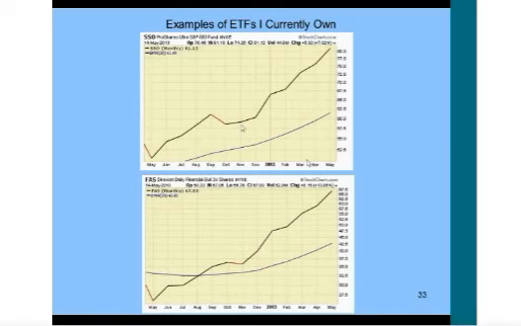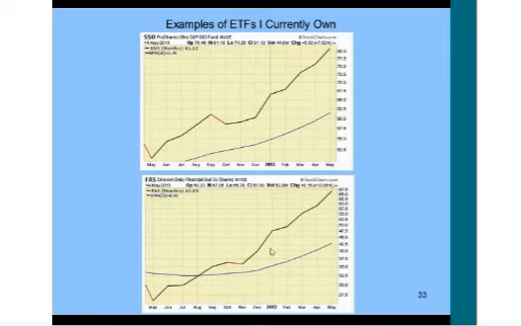and here's a chart of the Ultra S&P 500. This is a leveraged fund and moves at 2 times the underlying S&P 500 index. So if the fund meets its daily objective, if the S&P is up 1% for a day, the SSO will be up 2% for the day, and if the S&P is down 1%, the SSO will be down 2%. So this is a 2-to-1 leveraged fund,